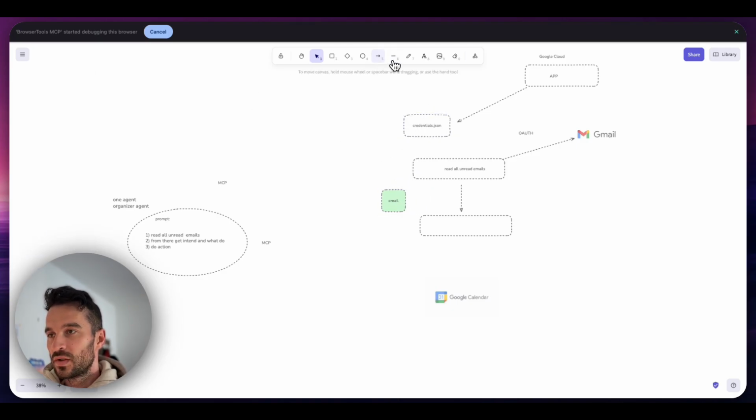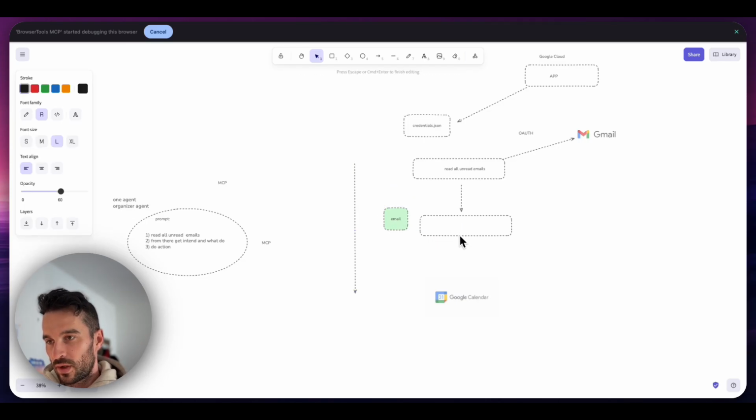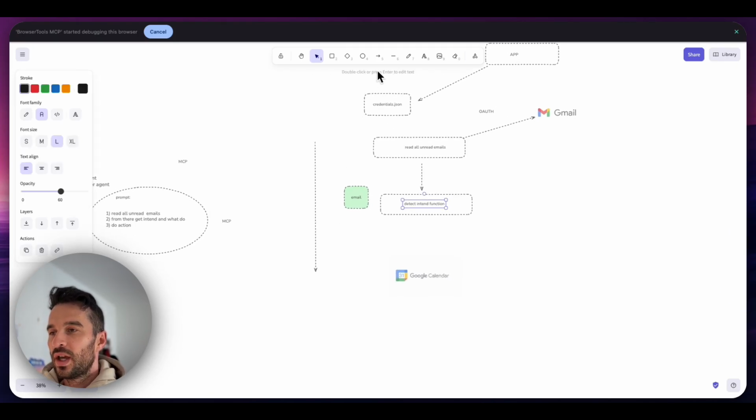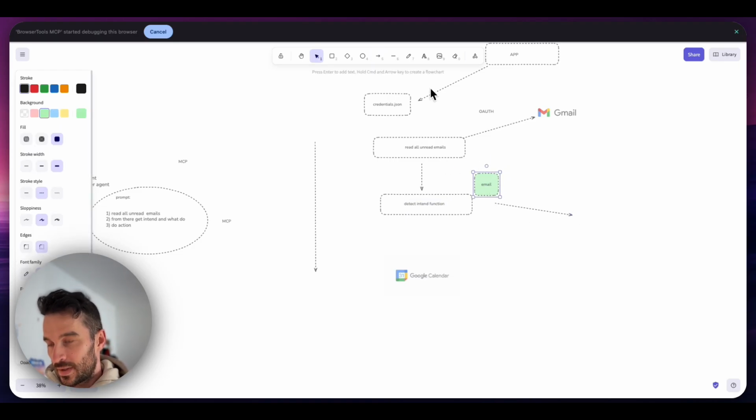So we would do this in a loop, right? For each email, we would go through this workflow. Then we pass down the content of the email, and here we would have a detect intent step or function. What we're doing here is we get the raw content of this email and then send it to a large language model,